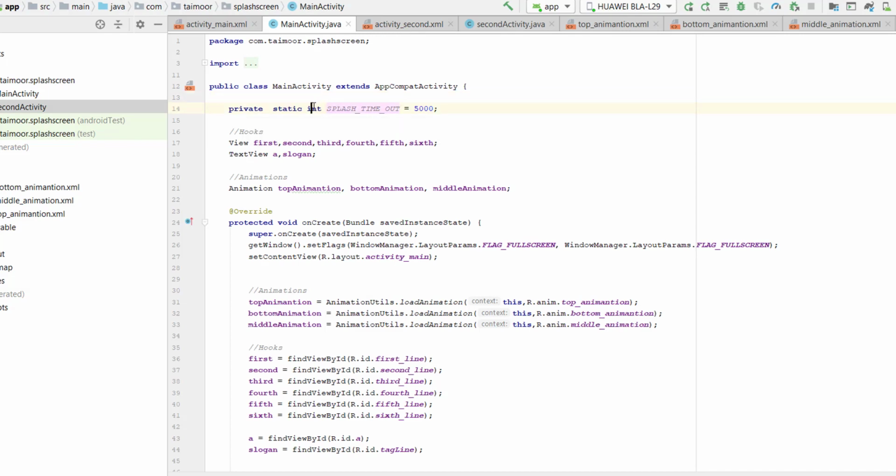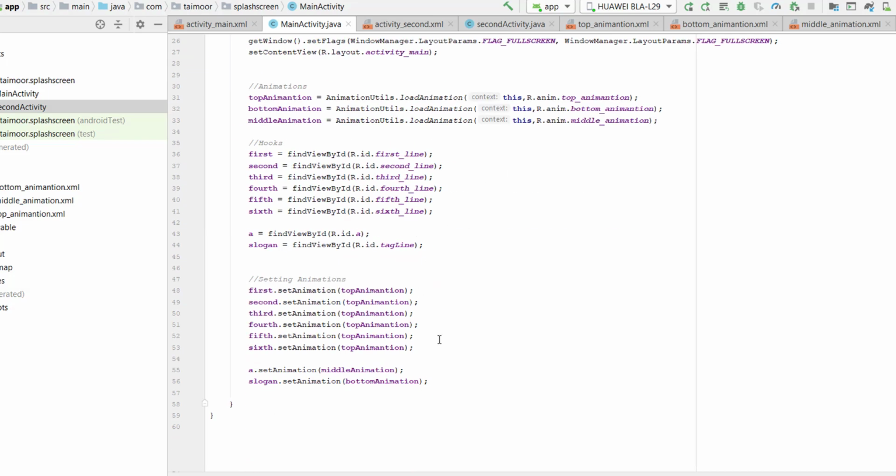You know how we can go to the second activity from the first activity, so we will use that procedure but inside a simple function. So now we need to call that activity inside this handler. This handler will